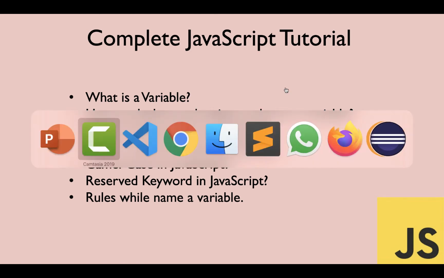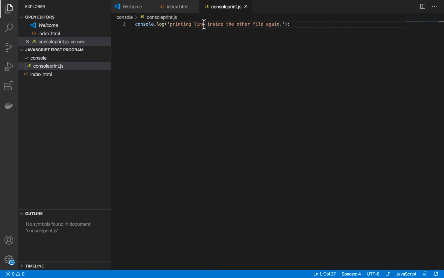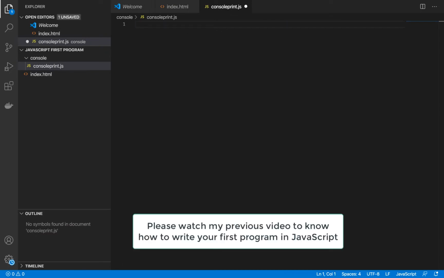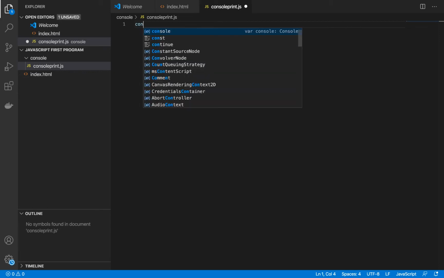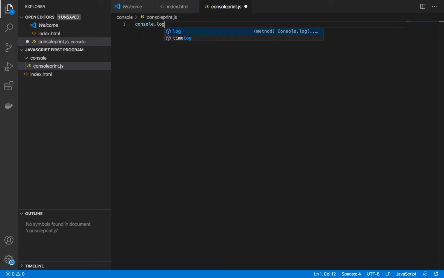I'll go to my Visual Studio Code. This is the code that I wrote in the previous video. Please go and check my previous video to see how to write code in an external JavaScript file and add it into your HTML file. So let's say I want to print a value which says my age is 10 years.